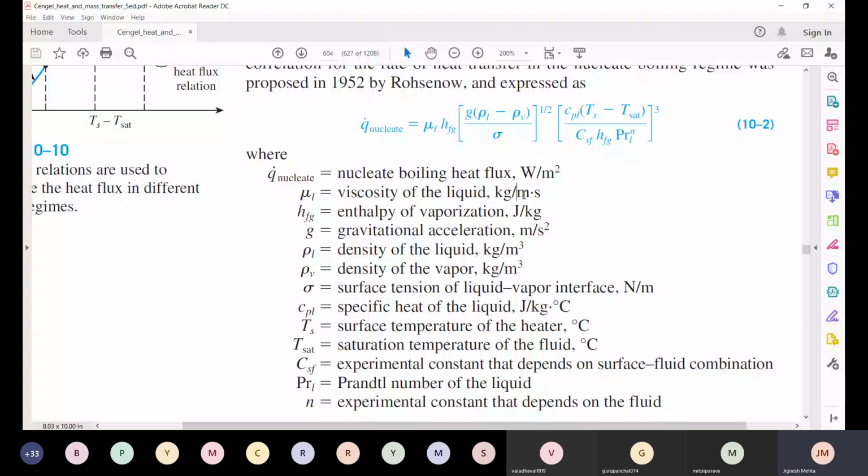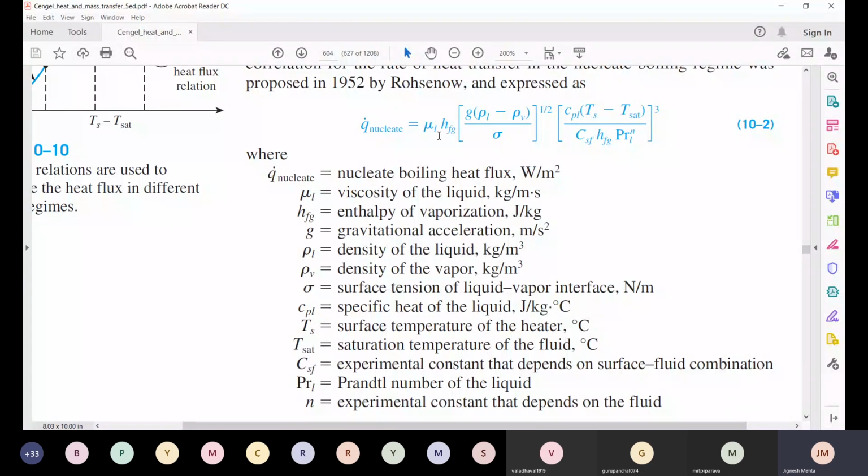So the number that you get, you can't say that it is the perfect number and I must get that heat transfer rate. You can always expect very high deviation from that. Okay, this is true for any experimental correlation. There is always going to be some error band, but particularly in boiling, that band is very wide. So Q dot nucleate is the nucleate boiling heat flux in watt per meter square. Then you see this